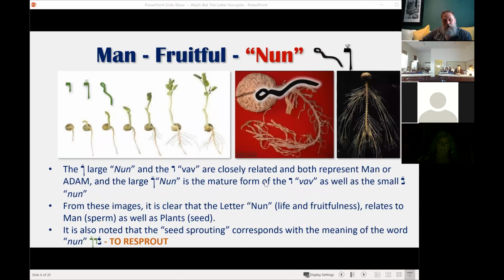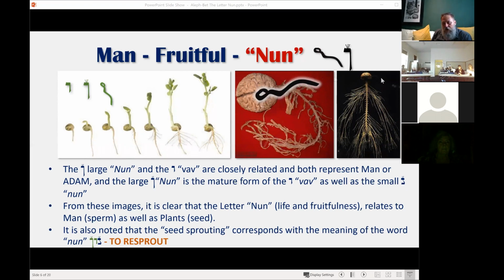Now, the next picture I found on Facebook, one of my Facebook friends, I think he's in Melbourne, he just posted these three pictures, and I thought that was fascinating. And all of these symbols that are in nature, on the left you get plants, and you can see from the smallest seed, it looks like a small Vav. And then you see the large nun, or the large Vav, in the symbolic state. That gives us the plant that just sprouted from the seed. And we see the process of coming from an immature state to a mature state within plants.